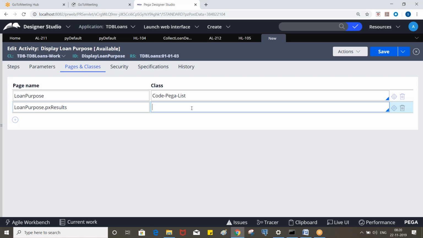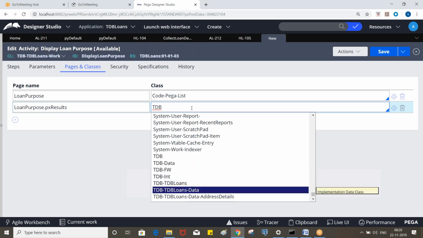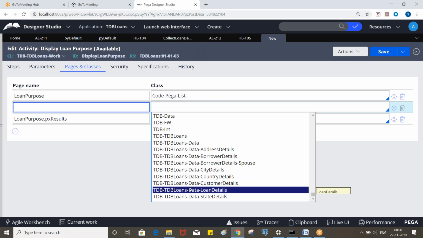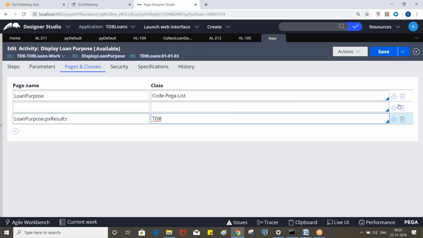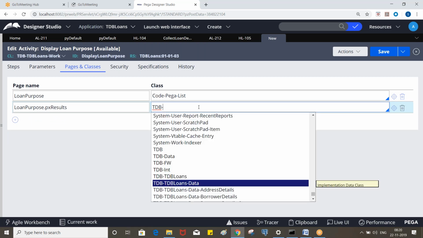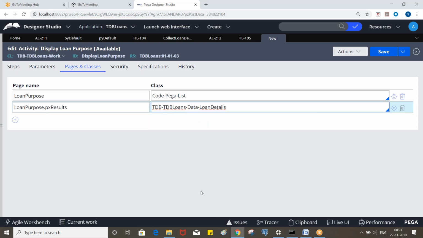Loan details data class, right? So we can specify that, the TDB loans data loan details data class.